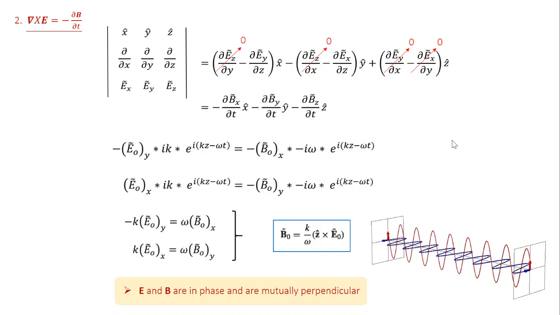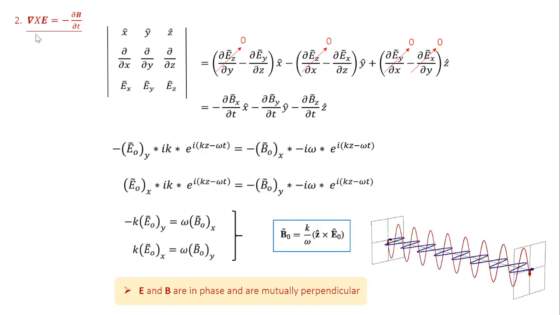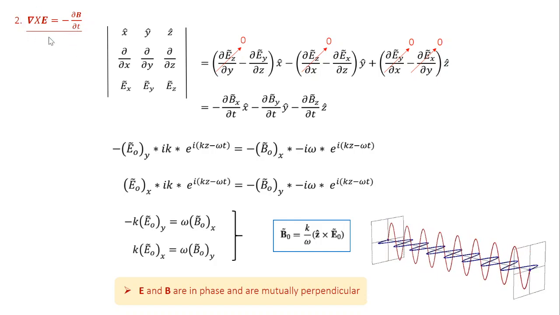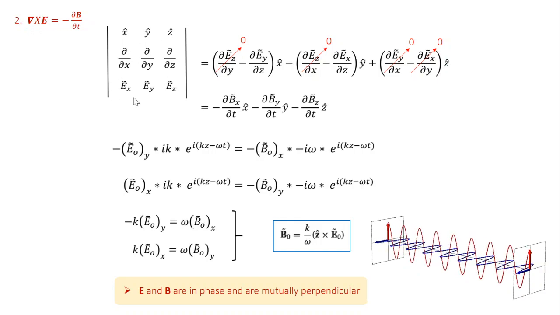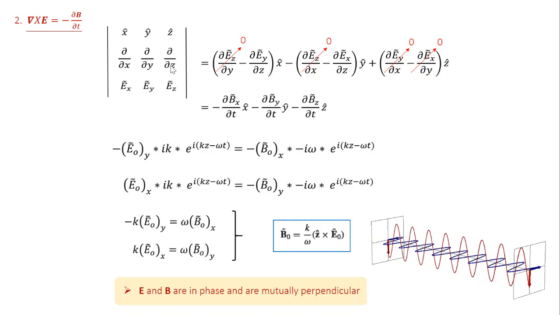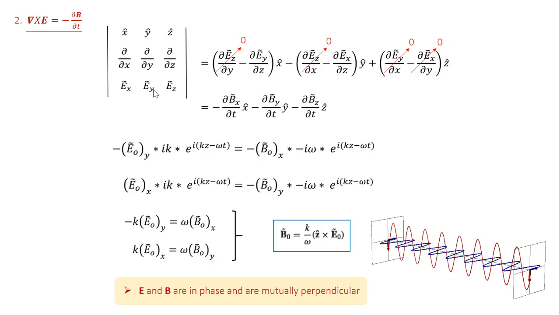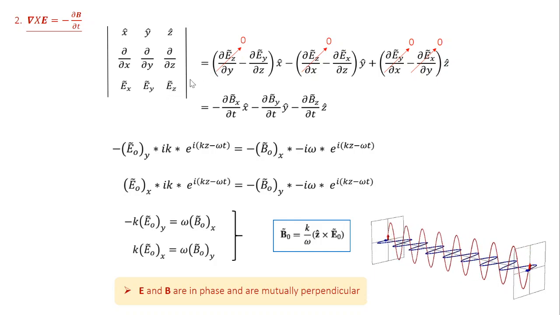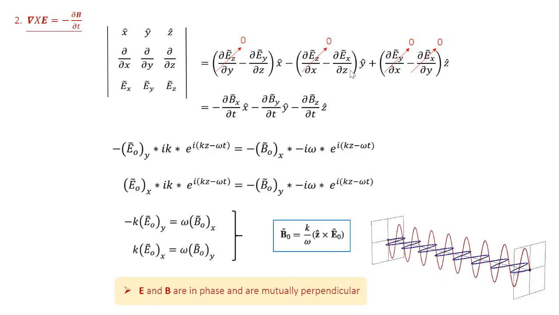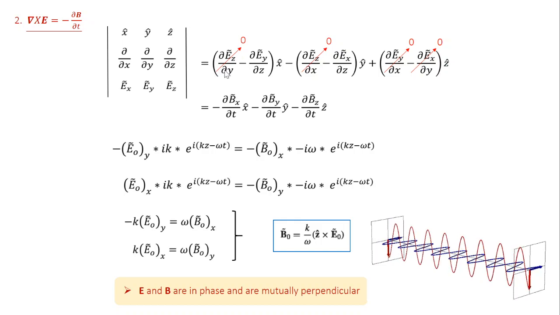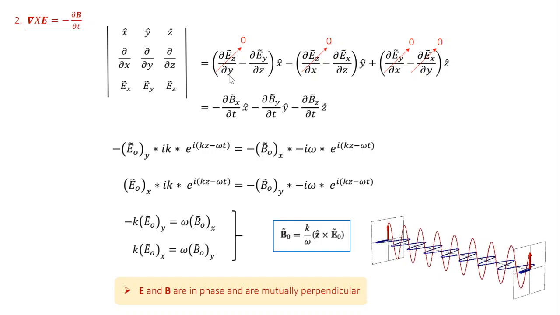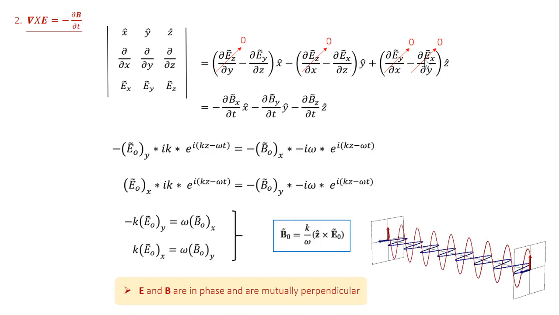Moving on to the second aspect of electromagnetic wave. Take the Maxwell's equation, curl of E equal to minus ∂B/∂t. Now, the left hand side you can expand in terms of a determinant form. So you have x cap, y cap, z cap, ∂/∂x, ∂/∂y, ∂/∂z, Ex complex, Ey complex, Ez complex. Then expand this in the form of determinant. As I have discussed earlier, the fields do not change in the x or y direction. So derivative with respect to x and y, straight away you can equate to 0.